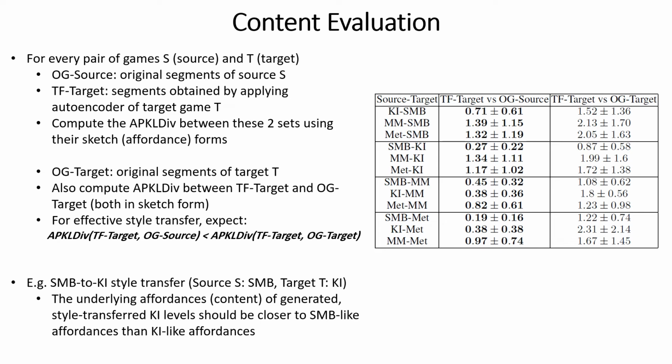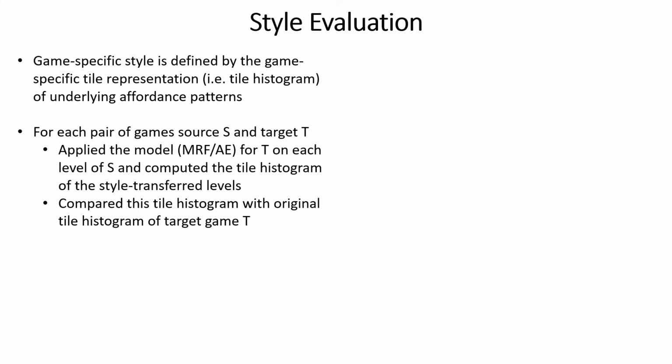But our results for this evaluation were true to expectation, as shown in the slide, where for all pairs of games, the APKL div between the style transfer target levels and the original source levels were lower than that between the style transfer target levels and the original target levels. And so the takeaway here is that the autoencoder is able to preserve the underlying content of a level when performing style transfer. And so moving on to the style evaluation,